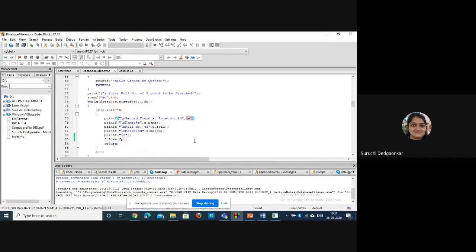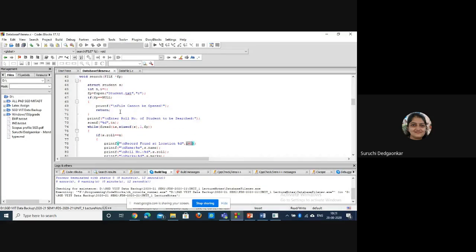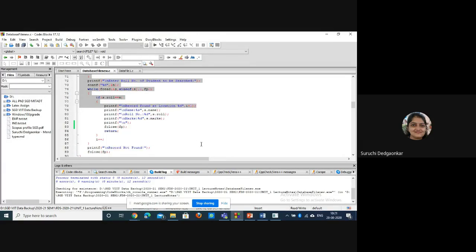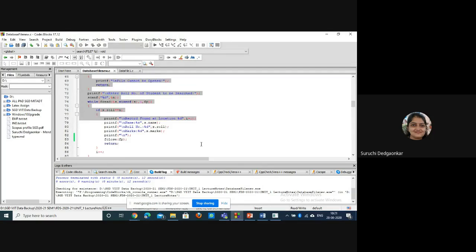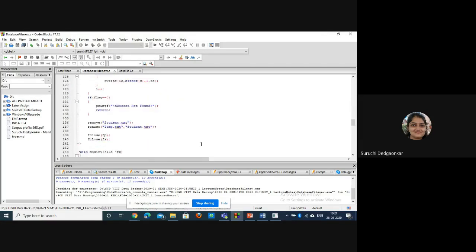Okay, and that can be used in the fseek function to reach that particular record directly. Okay, using fseek function we can reach that particular record directly. That can happen. Okay, if you don't want to repeat this part again in the modify function, you can do it like that. You can call the search function, get the position, and then go ahead. Okay, that is one of the options. Otherwise you have to repeat this.